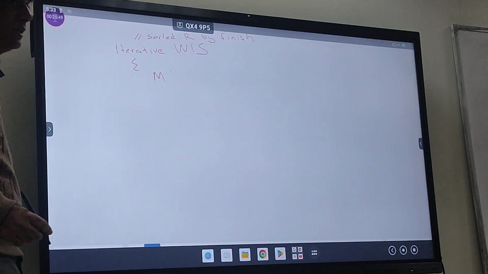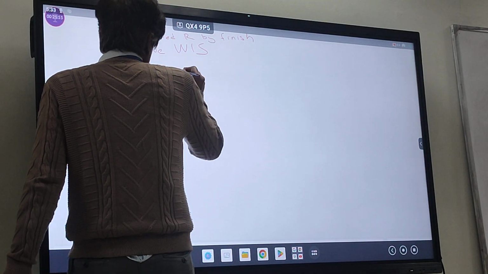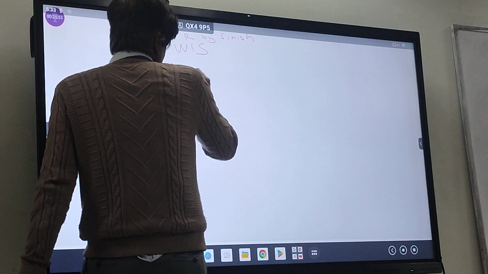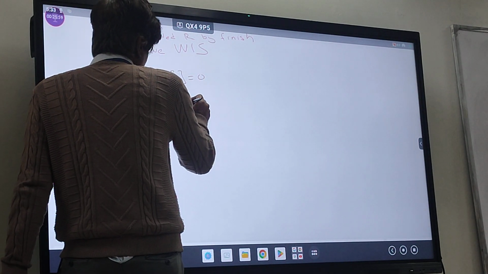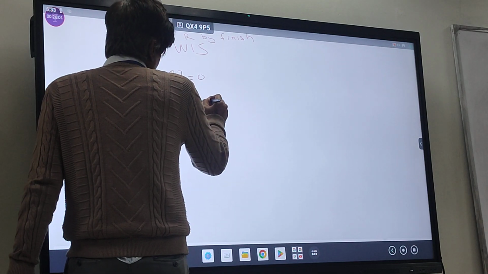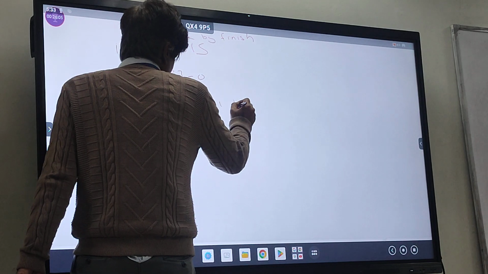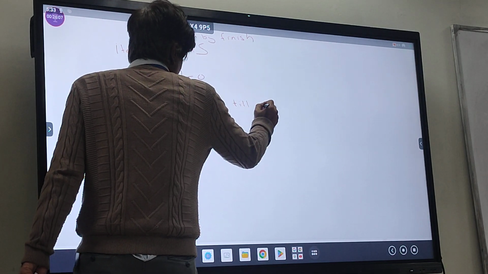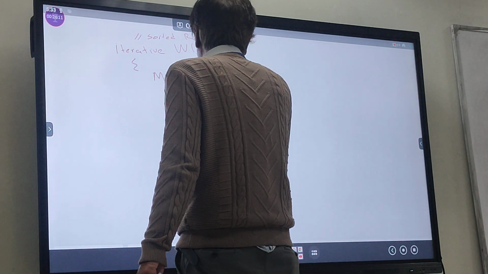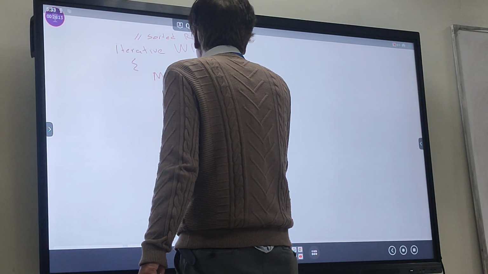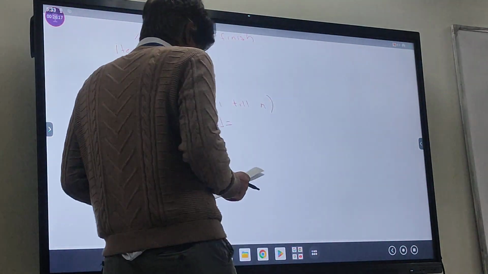Without this, don't start this algorithm. So we'll fill up the base case immediately. This can be immediately done. Then we have a for loop for I is equal to 1 till n. In each iteration, we will fill the value I, and this will be filled.